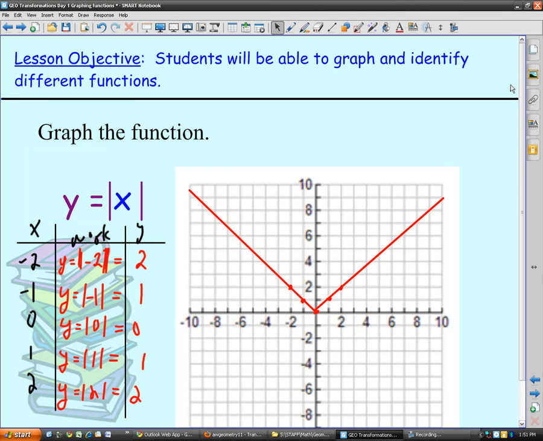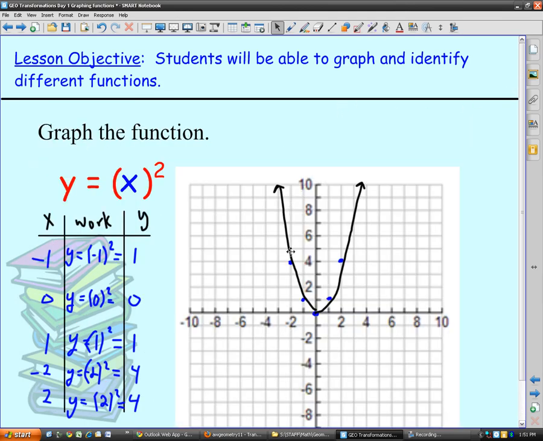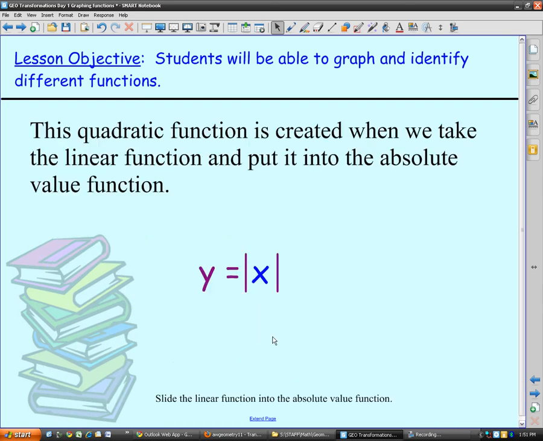You could see that when I plugged in an x value like 2, it ended up giving me 4. So it went away from the V shape, because if I would have plugged in 2, I would have gotten 2 to keep the V shape. And so this ends up giving me kind of a parabola, kind of a curve shape, where this other one over here is just a nice little V shape. So then we have